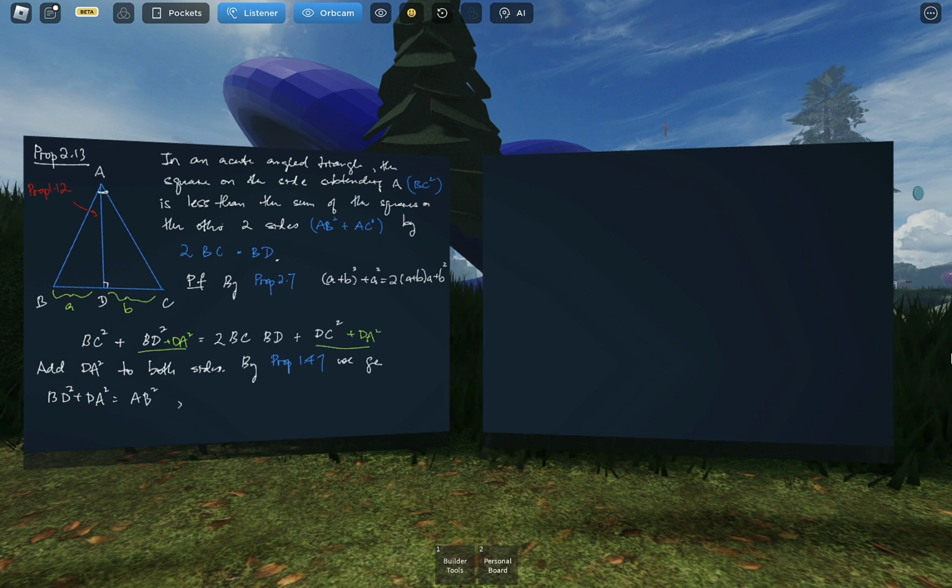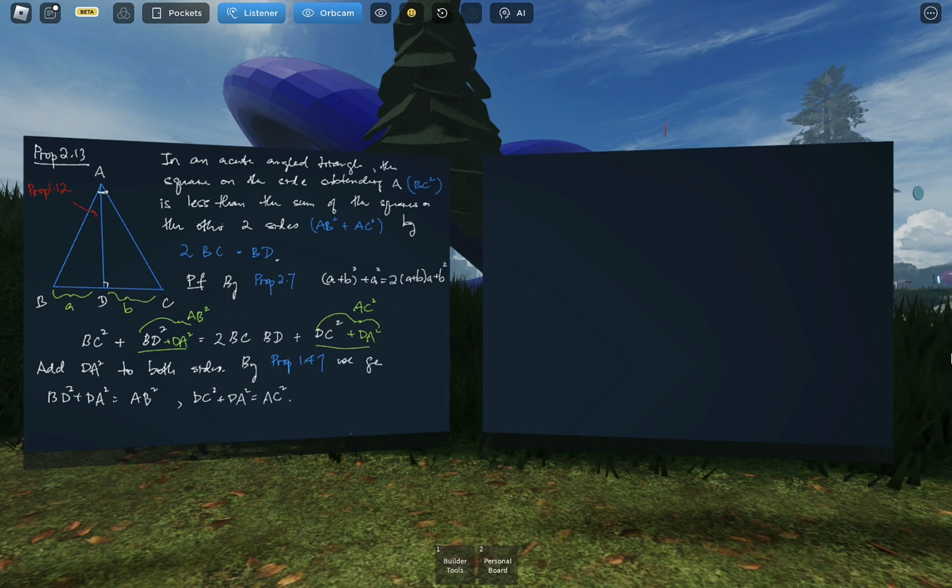And on the other right angle triangle, DC squared plus DA squared is equal to AC squared, right? So we put those into here. So this becomes AB squared. This becomes AC squared. And I think this is essentially it, because if you go back to the statement, right,